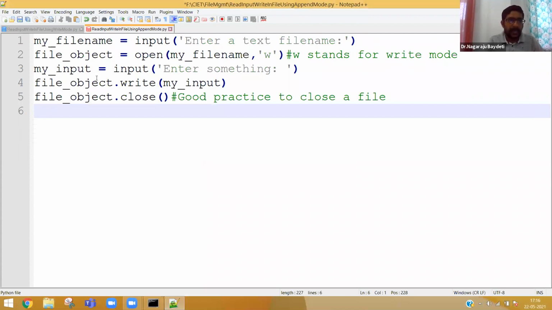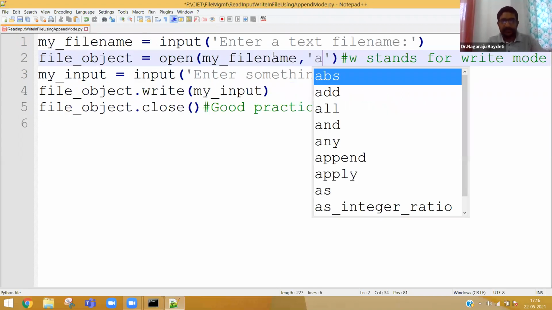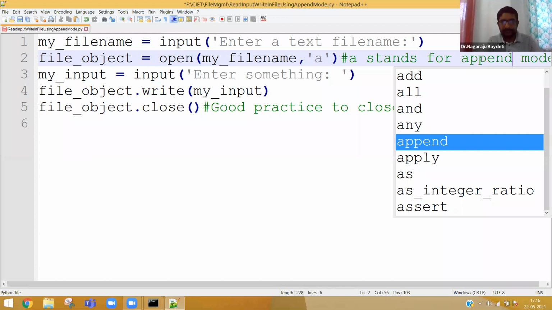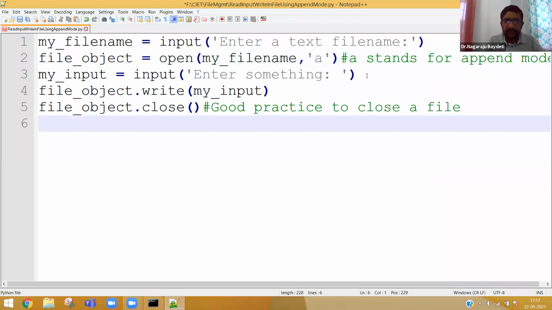I'm copying the same piece of code. Instead of W, I will write A. A stands for append mode. Rest all will be same.